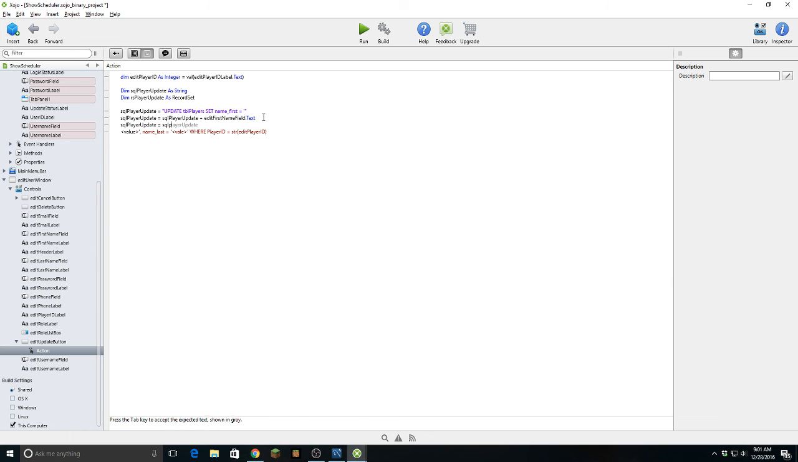SQL player update plus, and then we're going to bring it up to, okay, so quotes, and then it's going to bring it right to there, end quote. Okay, now I think I got it here. SQL player update equals plus edit last name field dot text. All right, and then let's go player